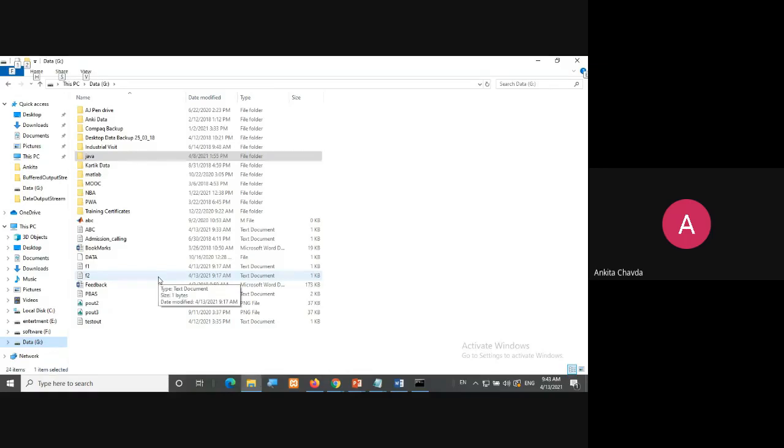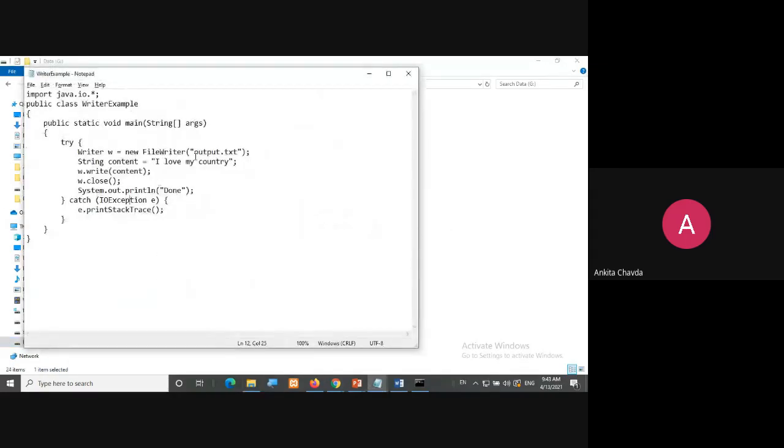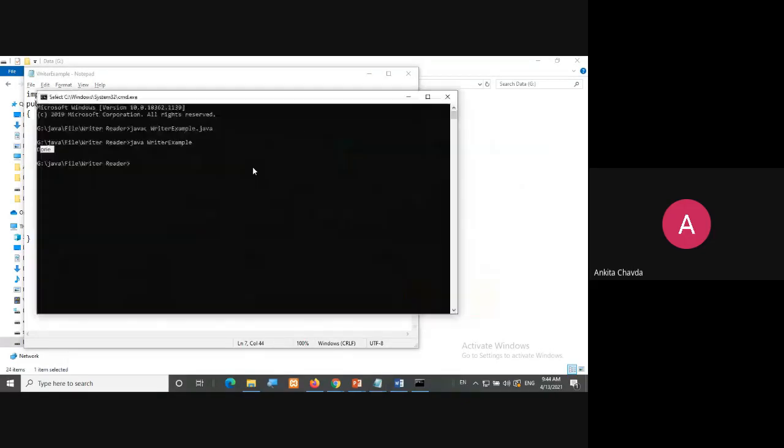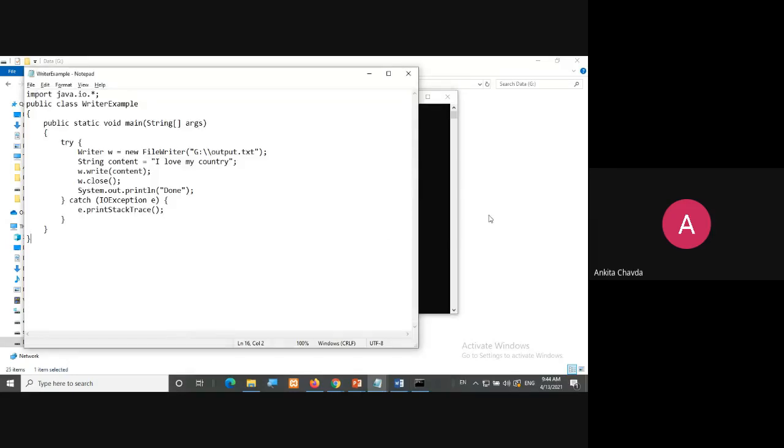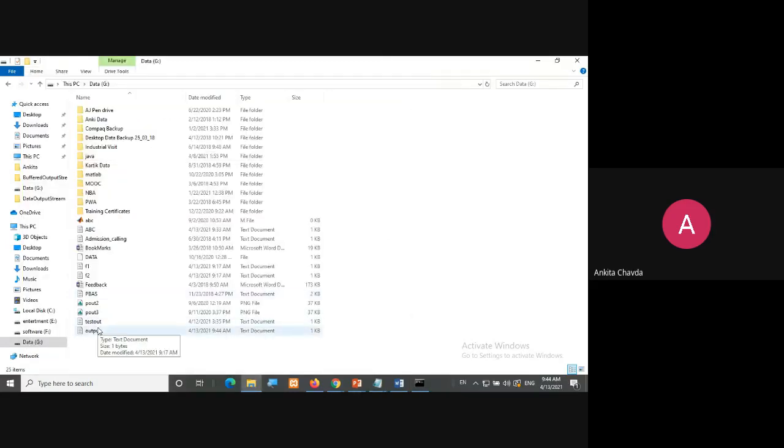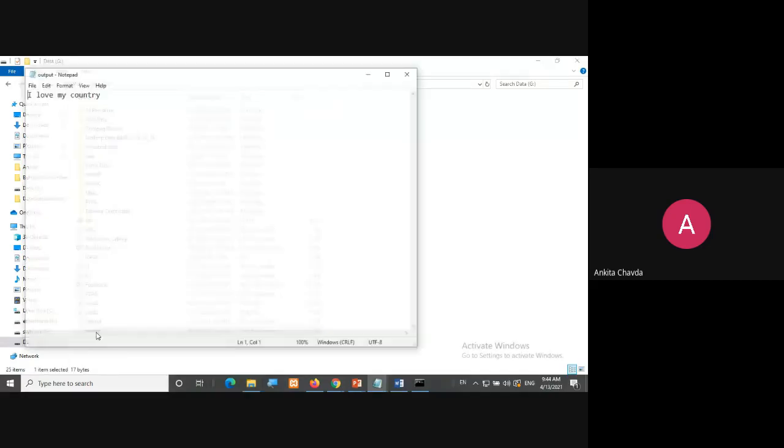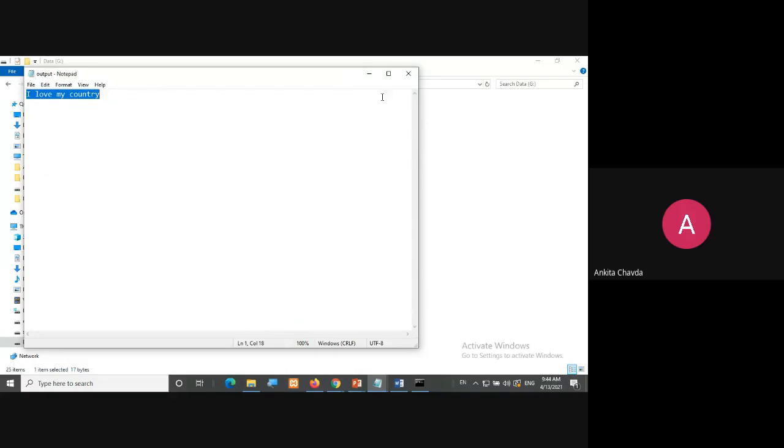I have given the path, otherwise it will go to another folder. Yes, so here it is created. Here it is, output.txt, and it is written "I love my country".